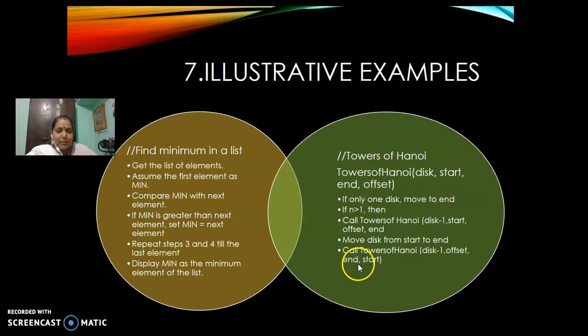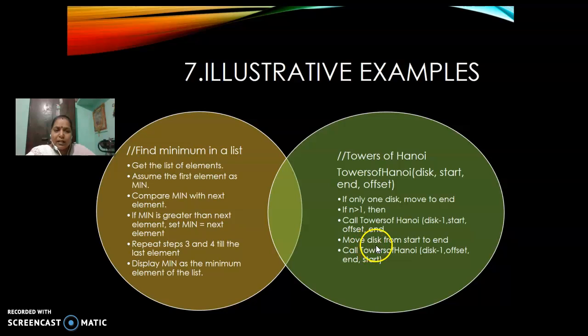These are the steps involved. If only one disc is available, that is n equal to 1, you can immediately move it from the starting to the ending pillar. If n is greater than 1, that is more than one disc is available, first we make a recursive call: call TowersOfHanoi, the name of the function, with disc minus 1, start, offset, end.